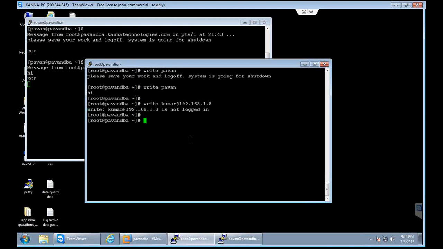And one more thing: if you want to send a message, it is compulsory that the user is logged in. Otherwise you will get this message that the user has not logged in. So that is how we have the write command.